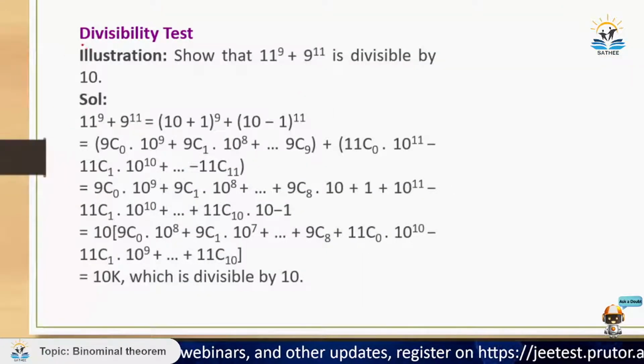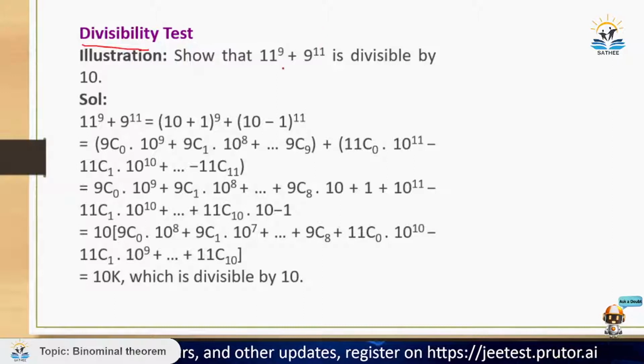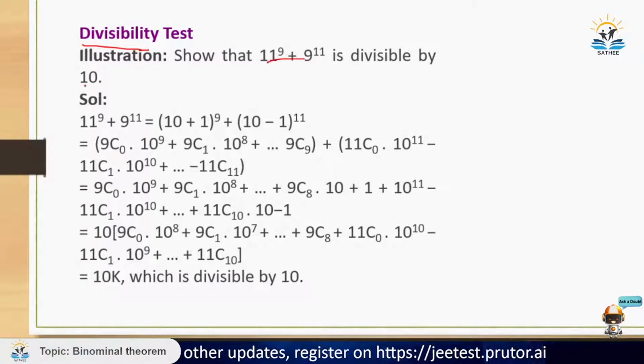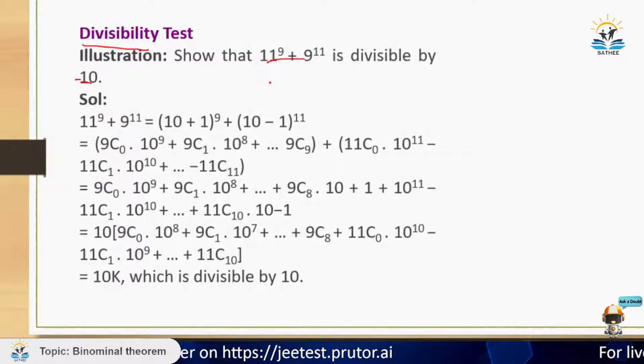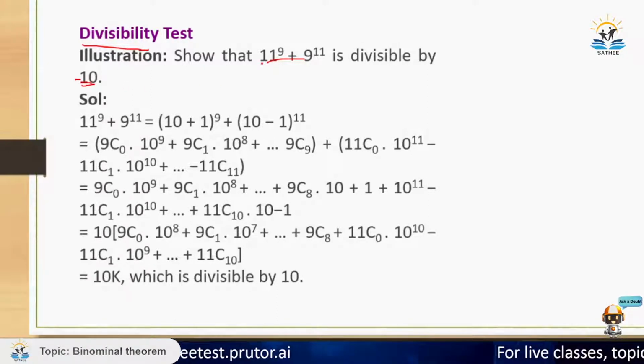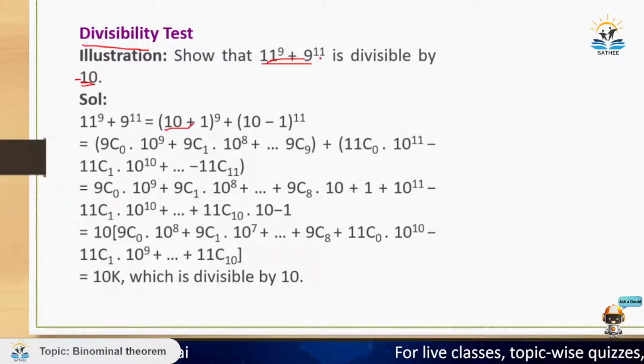वही डिविजिबिलिटी टेस्ट। डिविजिबिलिटी टेस्ट में मैं क्या देखता हूँ, मेरे को देखना पड़ता है कि जो मेरे को नंबर दिया हुआ है वो किसी नंबर से डिविजिबल है कि नहीं है। तो ये भी मैं, बहुत बड़ा नंबर दिया रहेगा तो इसको मैं खोल के देख नहीं सकता, तो इसको भी मेरे को बाइनोमियल थ्योरम से करना पड़ता है। अब इसमें भी वो चीज होती है, जो नंबर मेरे को दिया रहता है उसके आसपास वाले दो नंबर यहाँ पे दिए रहते हैं। सो मैं 11 को लिख सकता हूँ 10 plus 1,